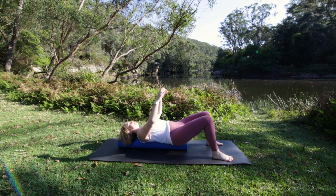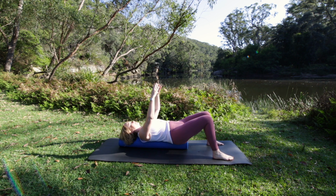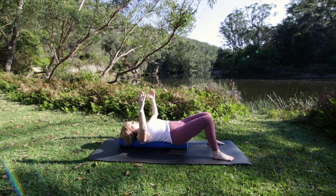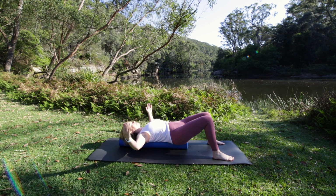And now raise your arms up towards the sky and just do a few reaches here, reaching your shoulders forward and then wrapping your shoulder blades back around the roller. Just a couple of times, and then feel the shoulder blades heavy, and then we'll go into the openings, just opening your arms to the side and slowly returning. So as you're working, you're focusing on keeping the shoulder blades heavy around the roller, and particularly as you return